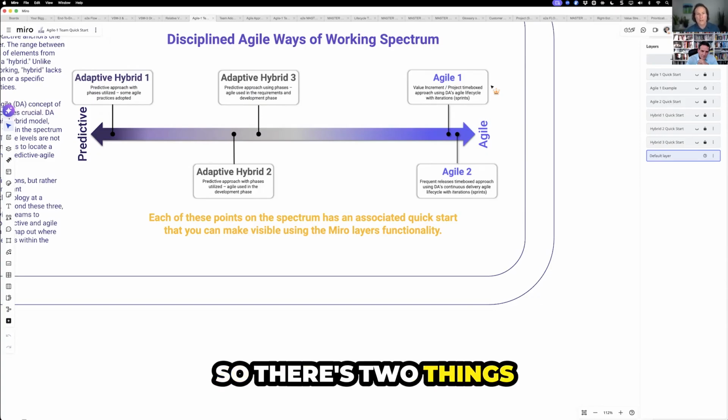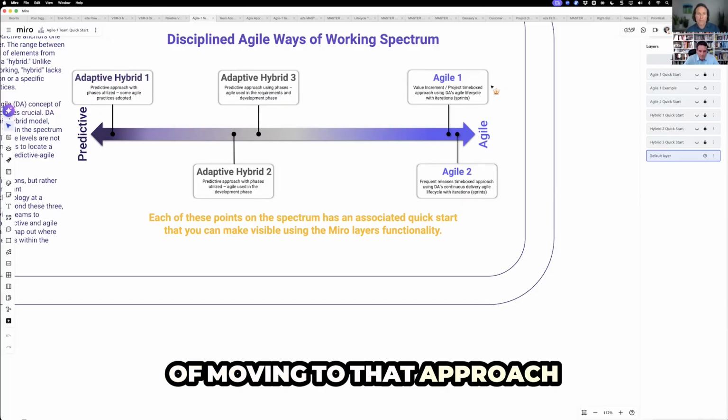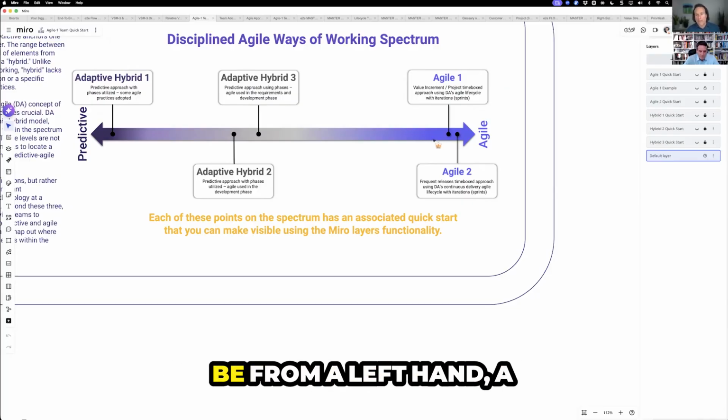So there's two things that are important to understand about these quick starts. One is it's going to provide you a starting point of what you need to consider. It's not everything. It's the minimum practices of moving to that approach from wherever you might be from the left side